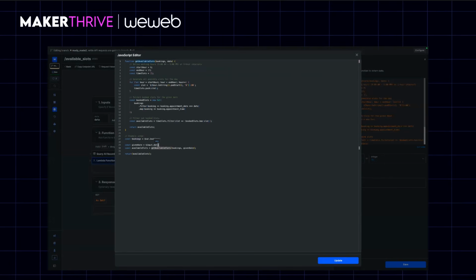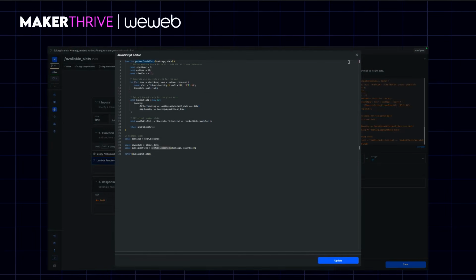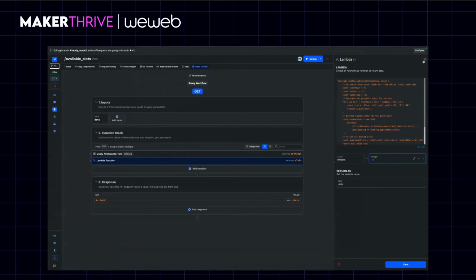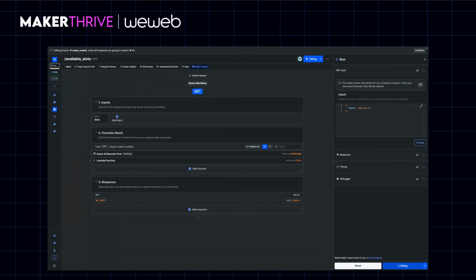Now, this is one of the advanced features of Xano. You can pass in pieces of data from both the inputs and the function stack. So here I've said $var bookings. This is taking in the bookings that I found here. And then input.date is taking in the date that I give as an input. To bring this all together, if I run this now with the date I gave,